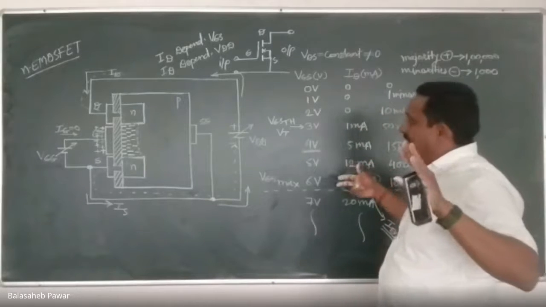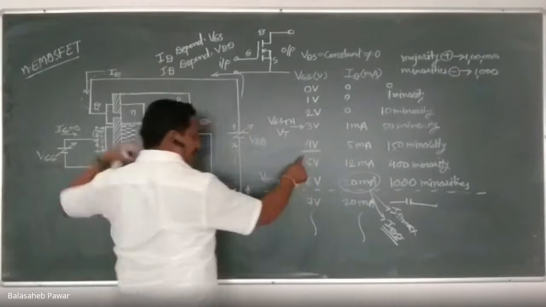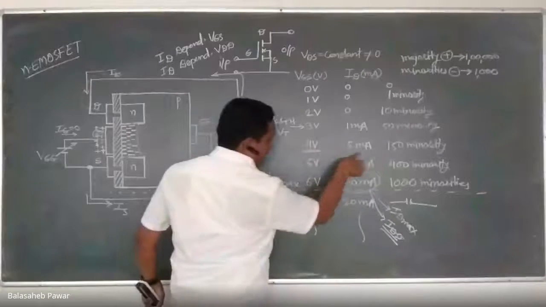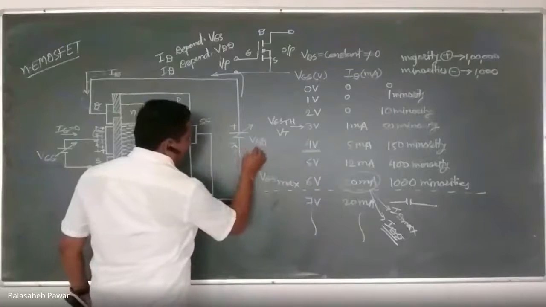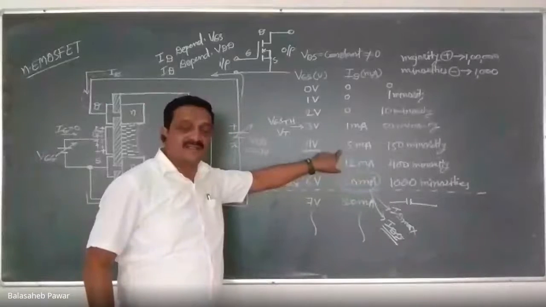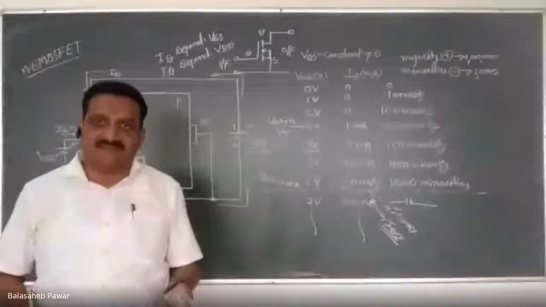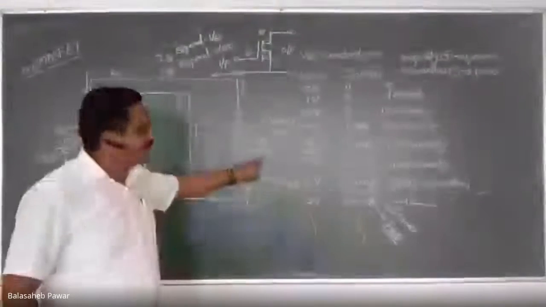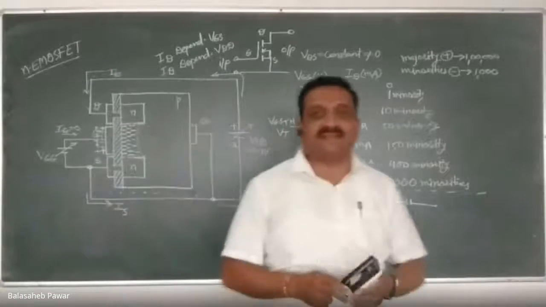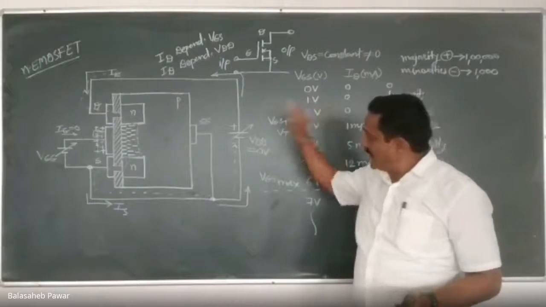But now see, if I apply that input voltage as 4 volt, which is sufficiently large because it is greater than threshold, we are expecting an output current of 5 milliamperes. But if I keep this VDD at 0 volt, what is the source of drain current or output current? The source of that output current is the output voltage. Remember, that is VDD or VDS. So if it is kept at 0 volt, whatever may be the value of input voltage VGS, output current will remain 0. Do you agree with this? So this is the secondary dependent parameter of that ID.